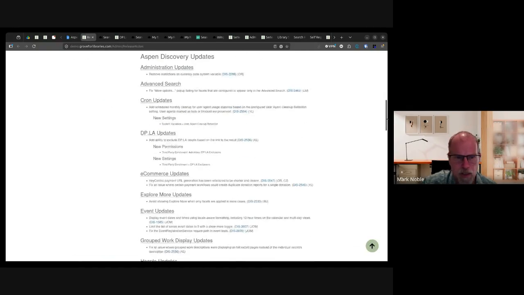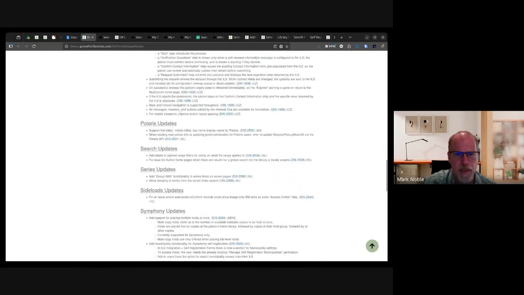Jump down to our Polaris section. So for Polaris, we did some updates to allow the display of middle name within the account. So your display name can now be set to first initial, middle initial, last name, or first name, middle name, last initial, and that works for Polaris. Polaris stores the middle names in a different field, so that was really easy to pull out